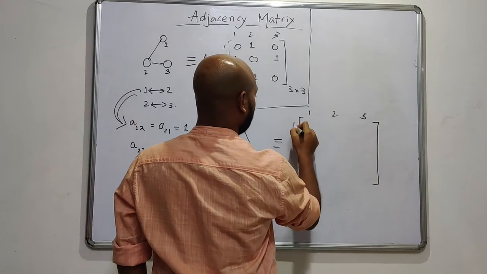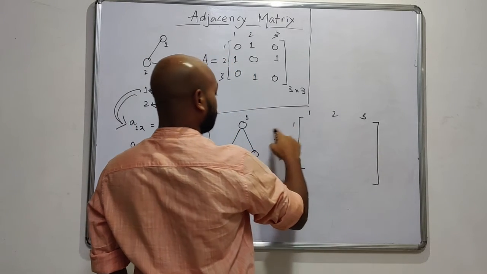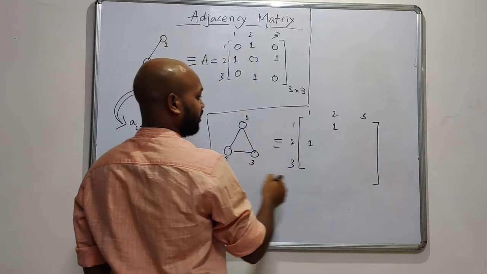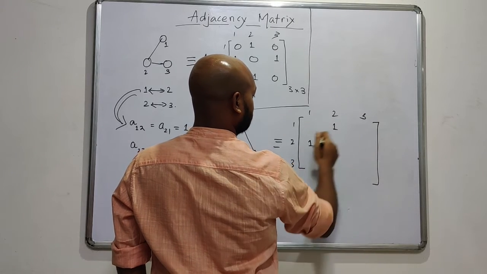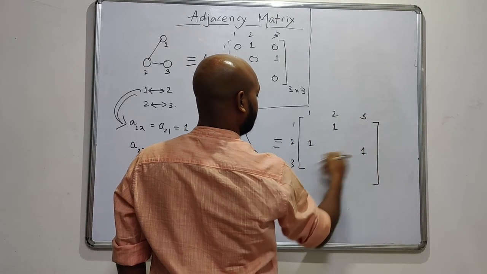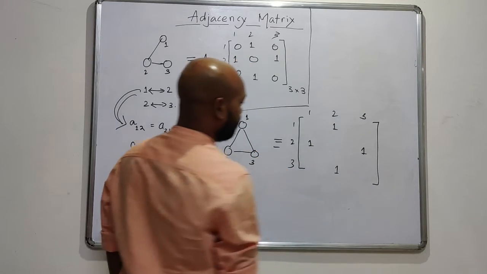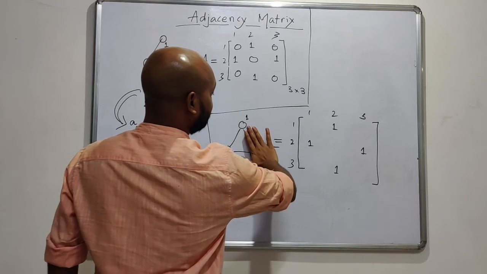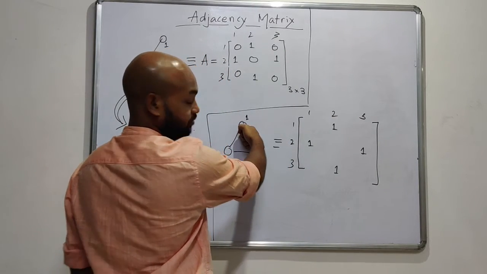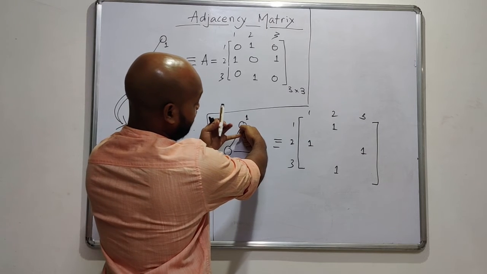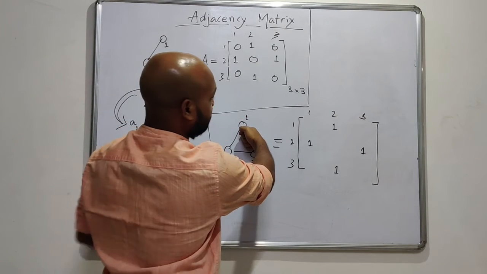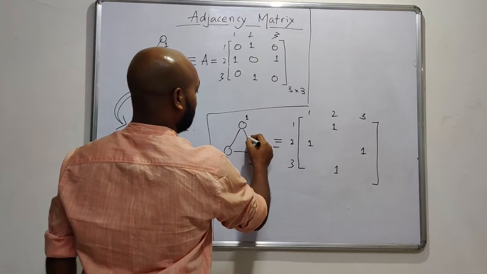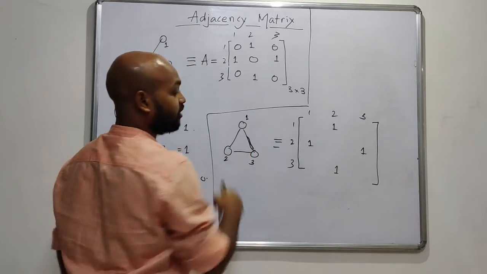Okay, so I have first the 1, 2 connection. So there is a 1 here, there is a 1 here. These are the 1, 2 connections, then the 2, 3 connections, so there is a 1 here and a 1 here. Okay, and the rest of the elements would have been 0 had there been no this edge. Had there been the absence of this edge, then definitely other places would have been 0 like we did here. But because of this particular edge, I have to put ones in the 1, 3 connection as well.